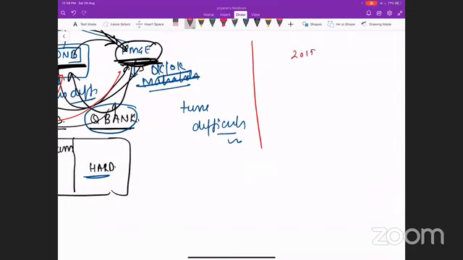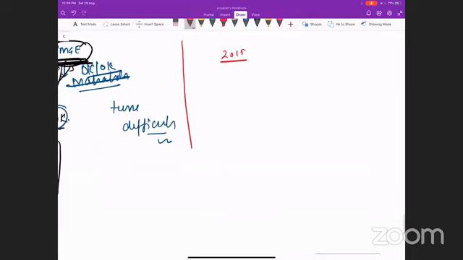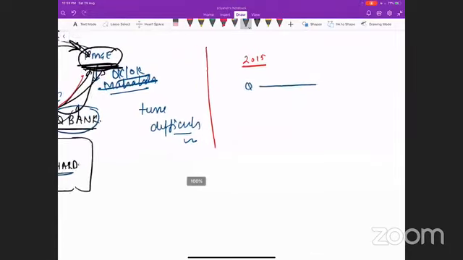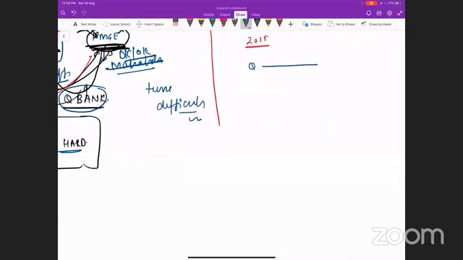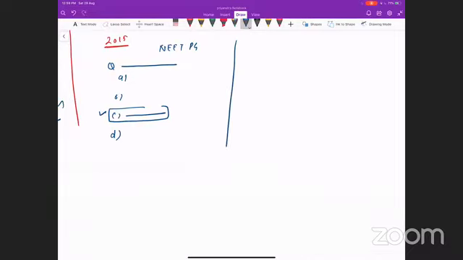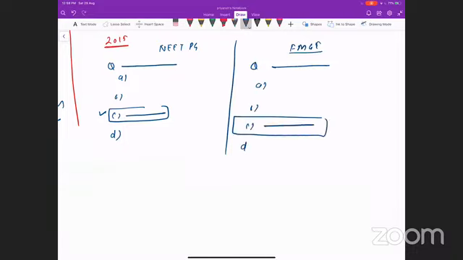Before 2015, there was a problem in the system of the NET board: the exam was conducted by Prometric, and once a question was in the question bank, let's say this question is asked in NEET PG, and the options are A, B, C, D, and C was the correct answer. If the same question was asked in the FMG exam, the problem with the system was they were unable to change the sequence of the options, and again the answer was C only. I went to multiple different exams just to collect the questions.